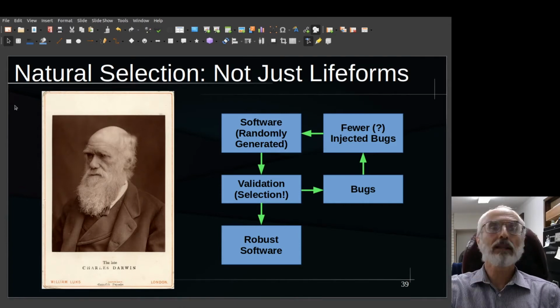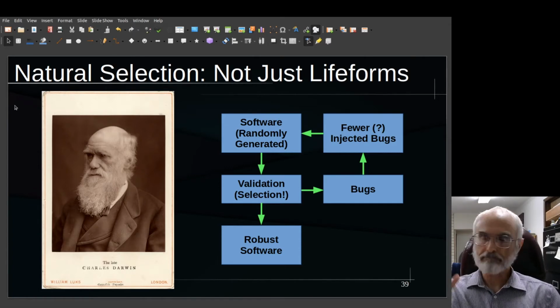But we have validation. We can apply natural selection, and if we got a bug, we'll get a test failure, we'll make a fix, and if we're lucky, we'll have fewer bugs after we do the fix than before. In fact, usually you decrease by a factor of maybe 7 to 10 to 14, somewhere around there. Most fixes do not inject bugs. So if you keep going around that loop, eventually you'll have robust software coming out the bottom. So here we are, we've got all these problems we've gone through, we use natural selection to fix them. Except,